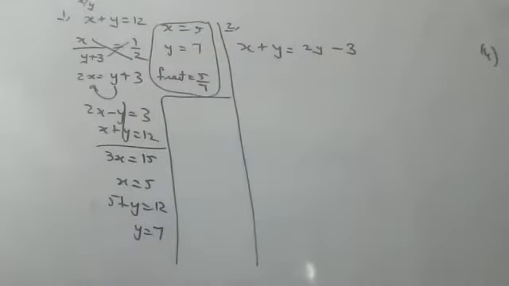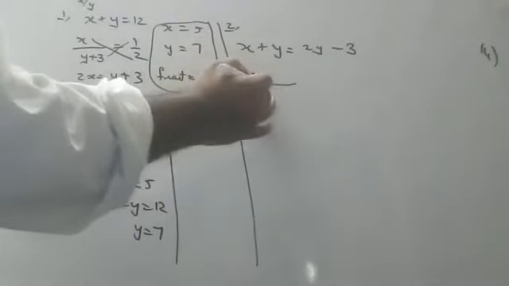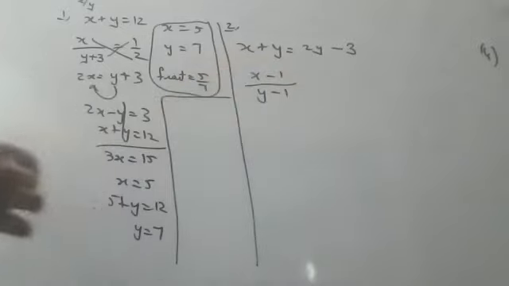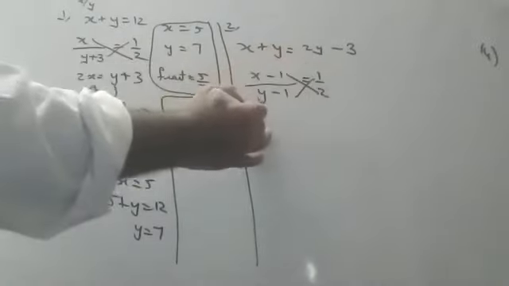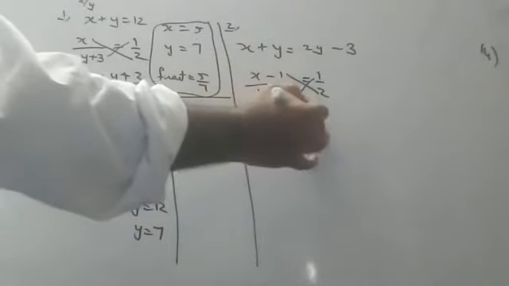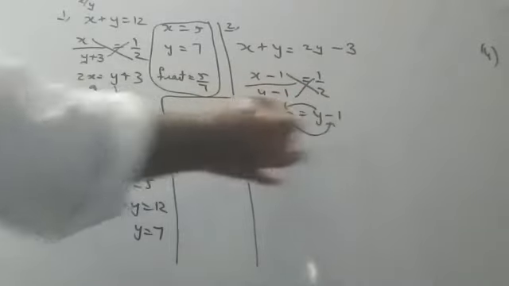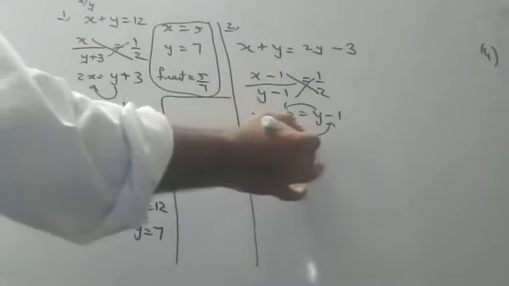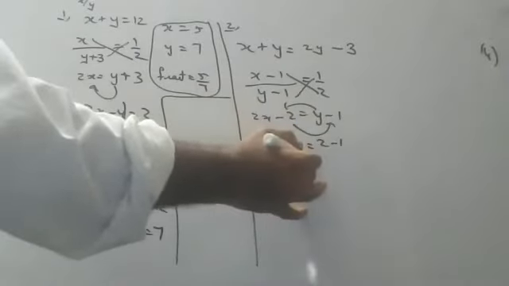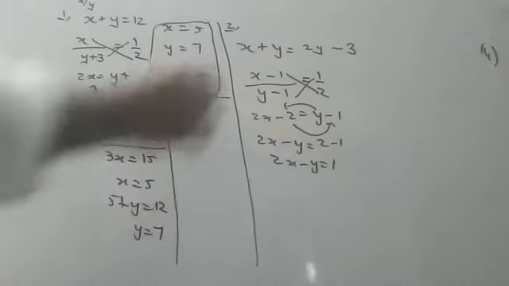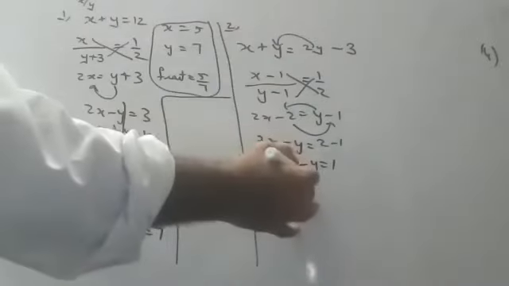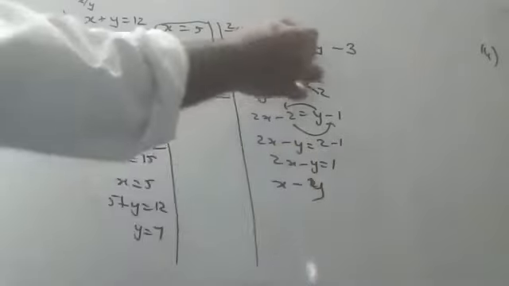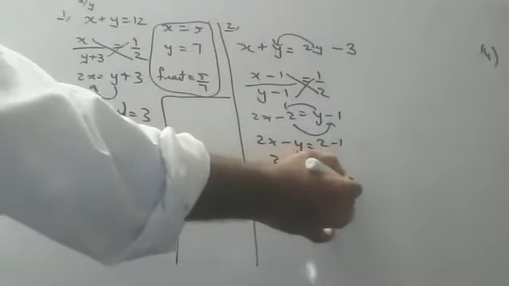This is one condition. And if numerator and denominator are each decreased by 1, the fraction becomes 1 by 2. Go for cross multiplication. 2x minus 2 is equal to y minus 1. This comes here, this goes there. 2x minus y is equal to 2 minus 1. 2x minus y is equal to 1. This is one equation. Bring this here, children. X minus y minus 2y is how much? Minus y is equal to minus 3.